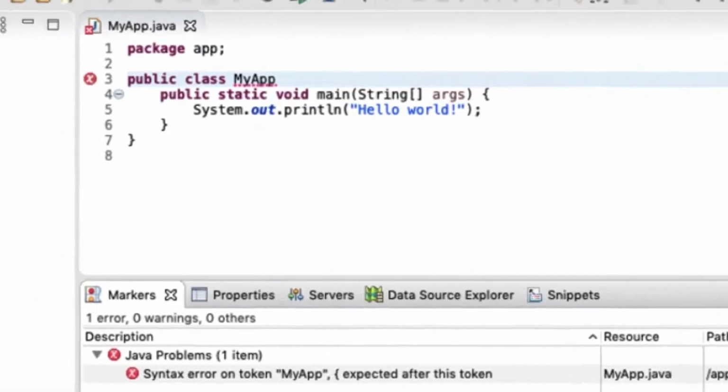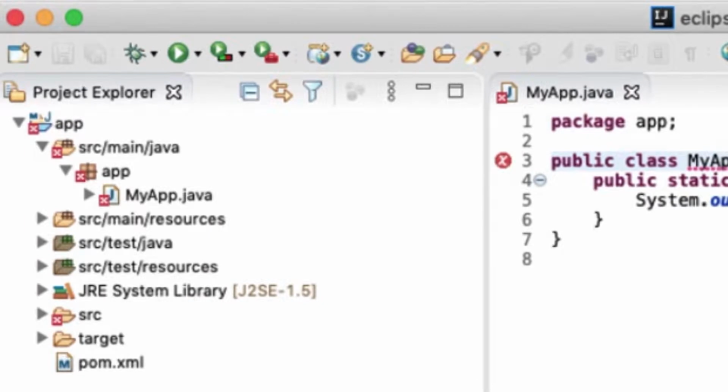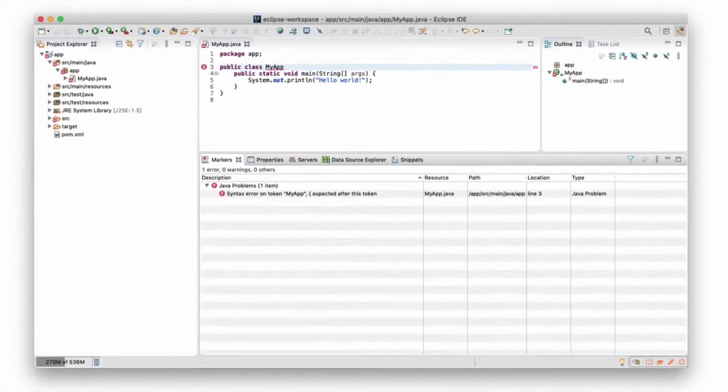So if you see on the left-hand side, for example, this is basically the project structure. You can see at the deepest level, you've got this myapp.java. And then above there, you've got app, which is the package that's in. The package is just a folder for a class inside Java. And then above there, you've got source main Java, which is the folder which contains the actual Java code itself. And above there, you've got app, which is the name of the actual project. And again, as soon as you fix it, those will go.